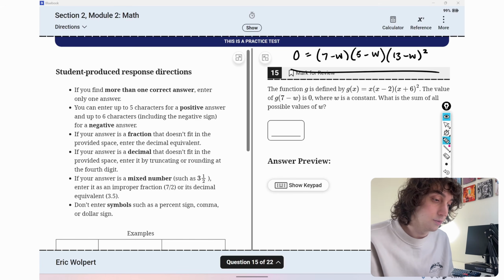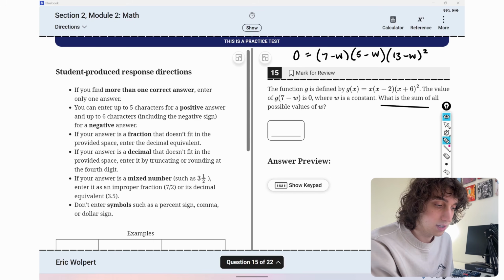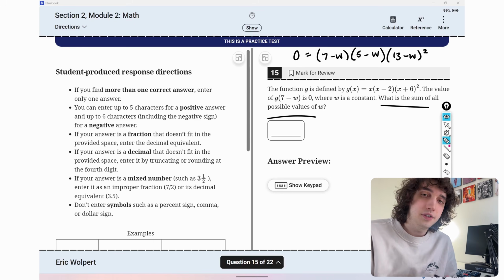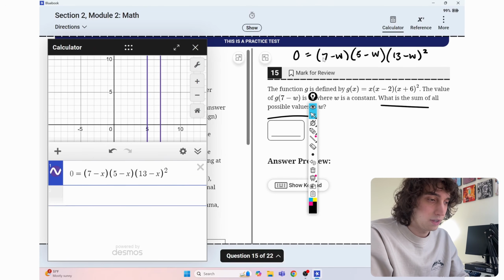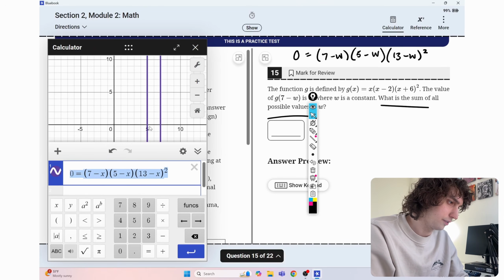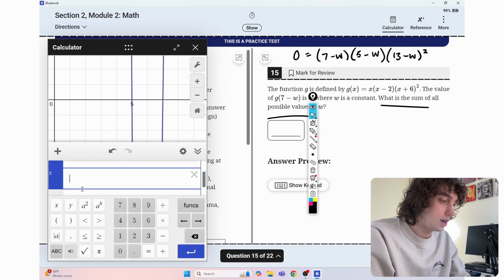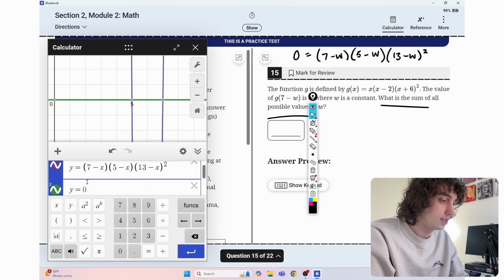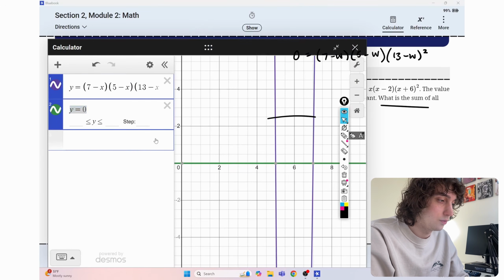It's a single variable equation where our single variable is w, and we're trying to find the sum of all possible values of w, which is the same as the sum of the solutions to this equation. So we solve this exactly how you think we would. We take this equation, we put it into Desmos using x instead of w, and then we look for the vertical lines. Desmos is being weird where the vertical lines aren't giving us answers, so we do what we want to do, which is break it down into a y equals the right-hand side and a y equals the left-hand side. In this case, the left-hand side is just 0, so we're just looking for when the right-hand side, which is this polynomial function here,